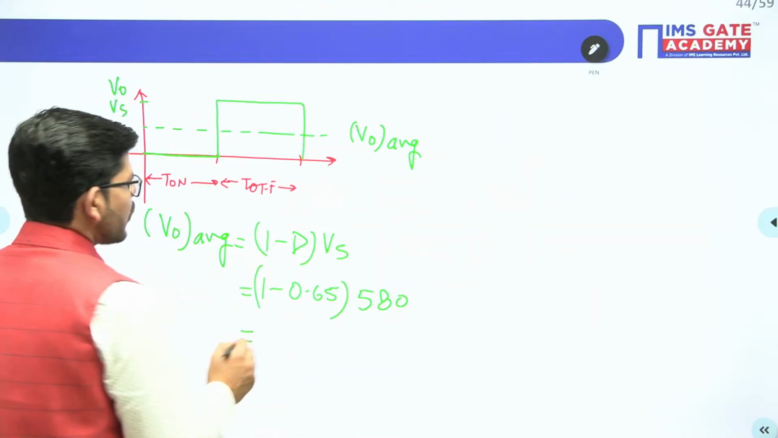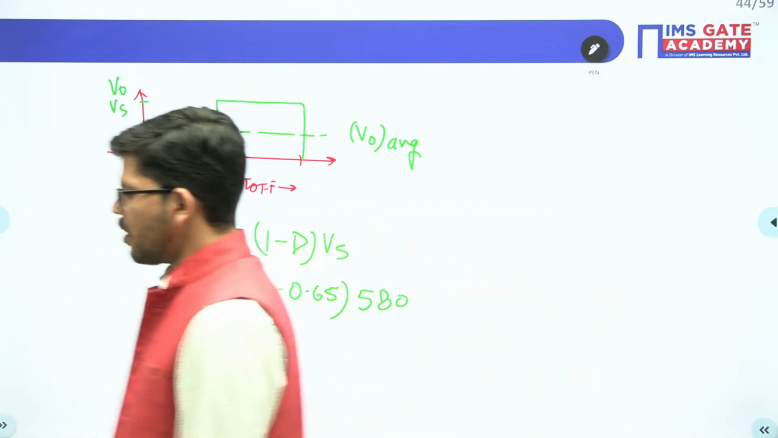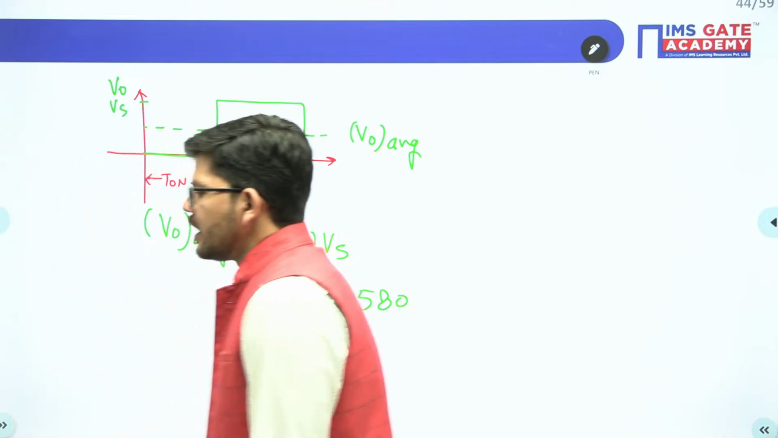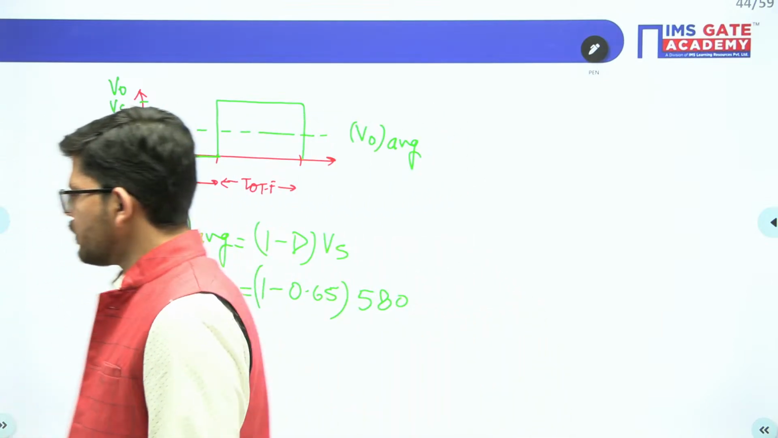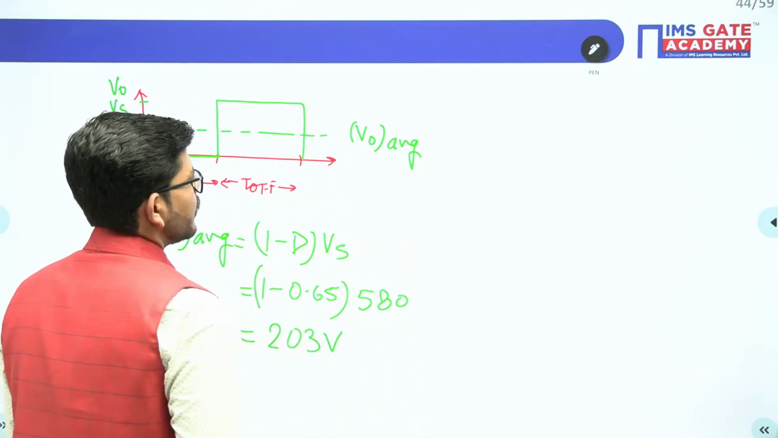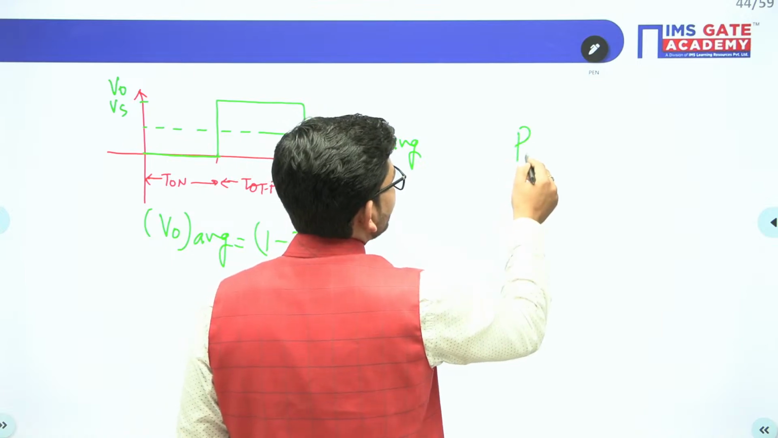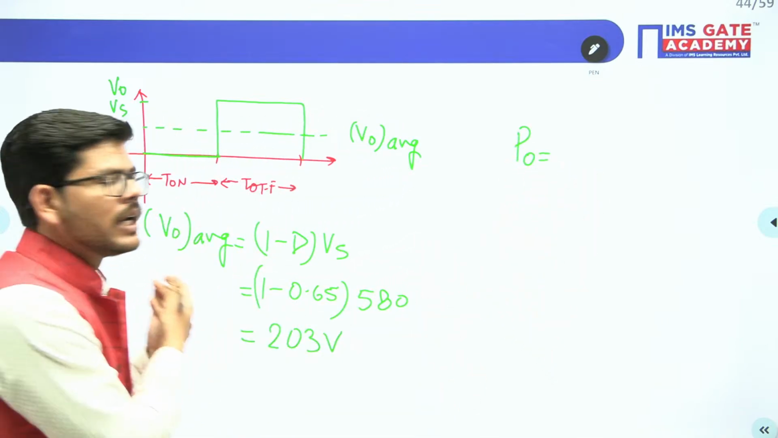Okay. So from here you can calculate, very good Naru, very good. From here you can calculate the average output voltage. And what will be the average output voltage? It will be 203 volt. Now, when it comes to the power delivered by the motor to the source, that will be equals